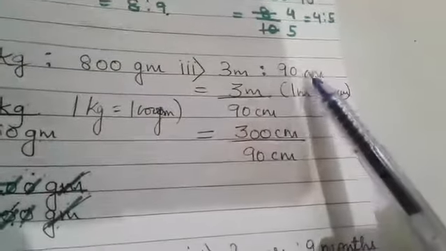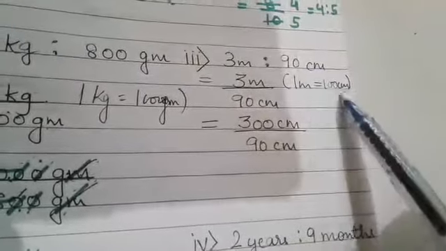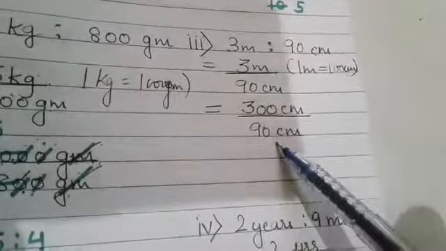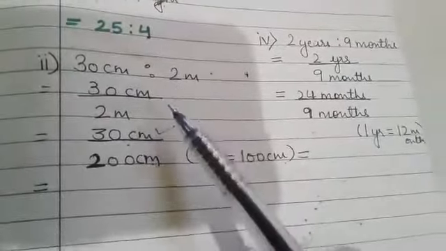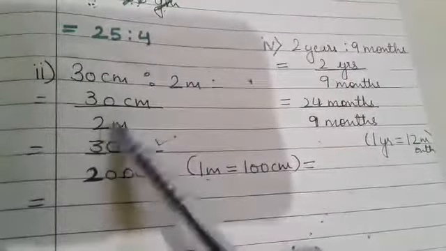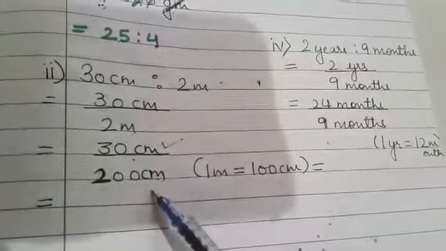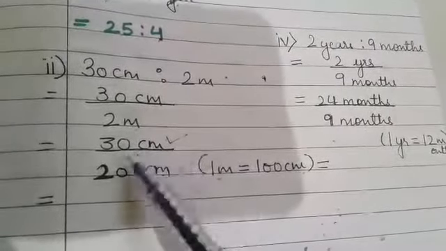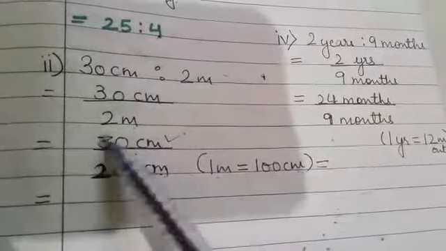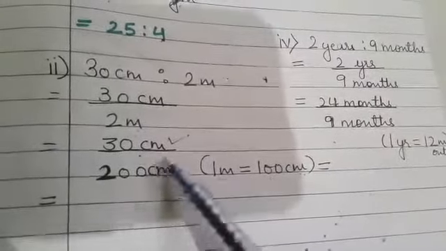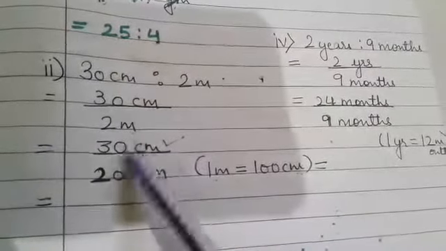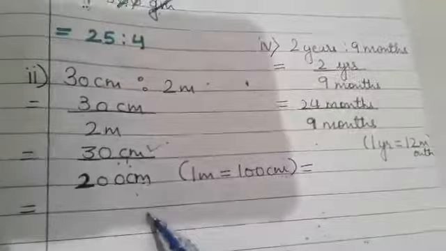Similarly here, meter and centimeter. So conversion takes place here, and then you can do the further calculations. We have done it before, just revision is going on. So 30 upon 2, one is centimeter, other is meter. So we have converted meter into centimeter. 1 meter equals 100 centimeter, so 2 meter equals 200 centimeter. So centimeter got cancelled, 0 with 0 got cancelled. 3 is to 20 will be your ratio.